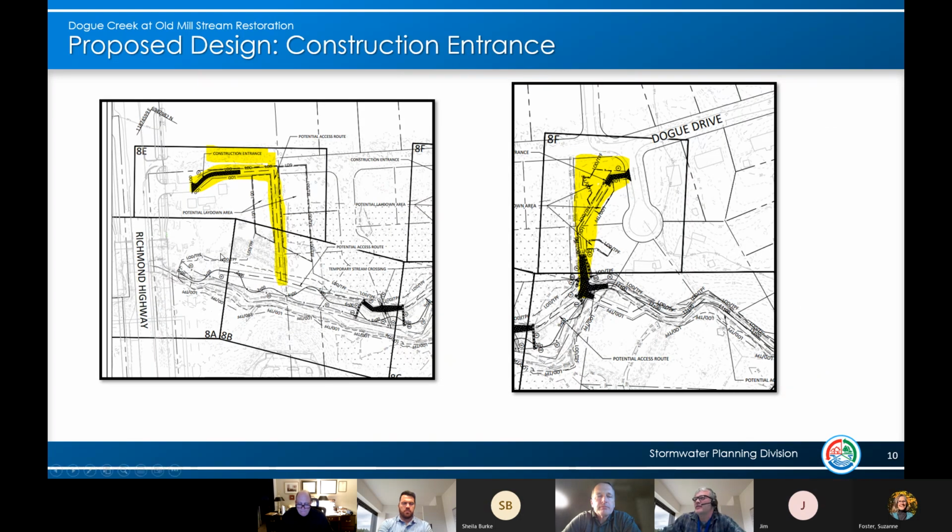This is an example of a proposed design construction entrance that we talked about. I guess I haven't talked about it yet, but this will be our most visible part of these projects. Usually from the road, you'll see big staging areas, construction site, and that's where it will really look like a construction site. Then we have our proposed, again, we need permission. This is why it's all proposed. We're trying to access through this EP Landscaping in their area, which they've tentatively agreed to,